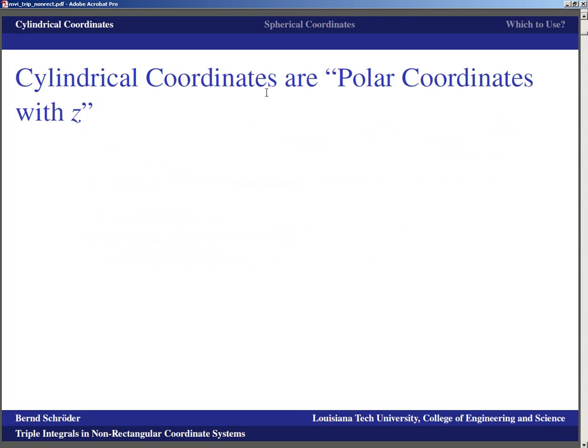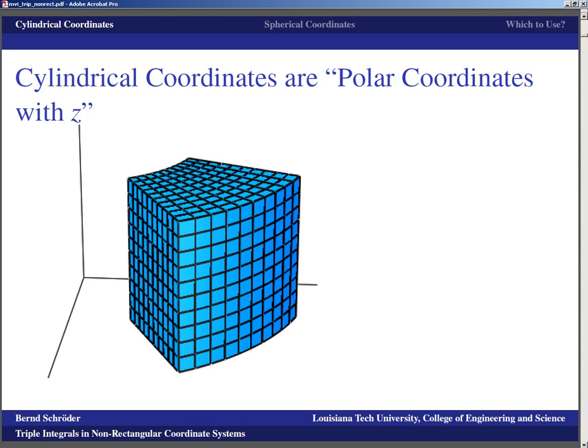So let's remember, cylindrical coordinates are nothing but polar coordinates with a z, and just as in polar coordinates, the area element basically was what we got if we took a little step in each of the coordinate directions, where one of the directions was an angle. We would do the same thing in 3 dimensions also. If we take a little step in the radius, a little step in the angle theta, and a little step in z, we get something that sort of looks like a box, not quite, because there are some round boundaries,